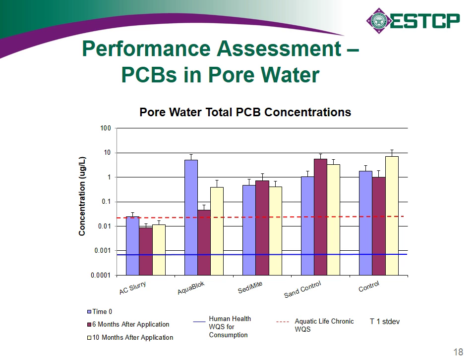So this first slide here shows the pore water PCB concentrations. So here's concentration, and then we have the different treatments on the x-axis here, and then 3 different sampling events: time 0, 6 months after application, and 10 months after application. And I should point out, some of the things that John referred to caused some significant delays in the project, and so as a result of that, we